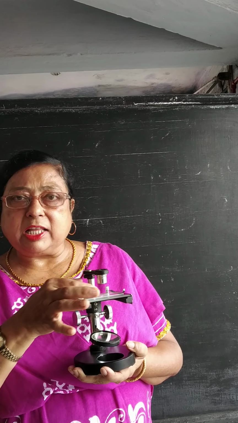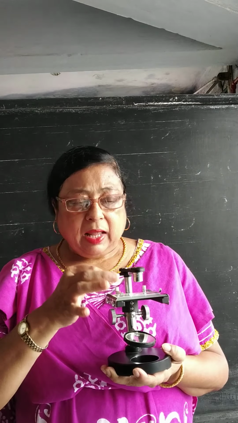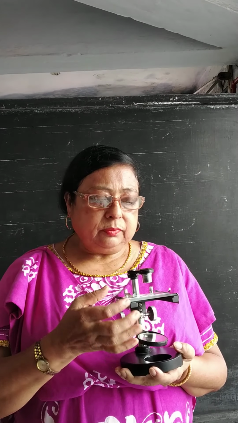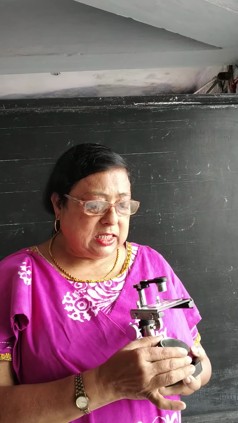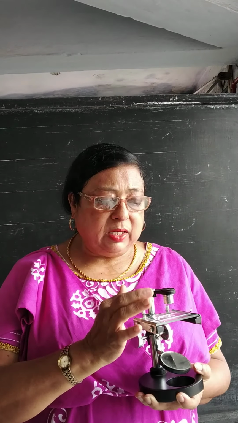The stage is transparent, made up of glass. Here you fit the slide, and over the slide you put the specimen, and it should be adjusted to nearly the center. And then below is the mirror which reflects light from outside. Light will reflect from below over the specimen. From below the light will come, and then you will be able to see the specimen nicely.